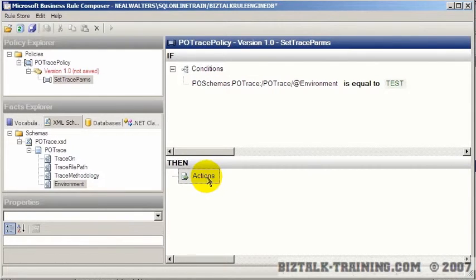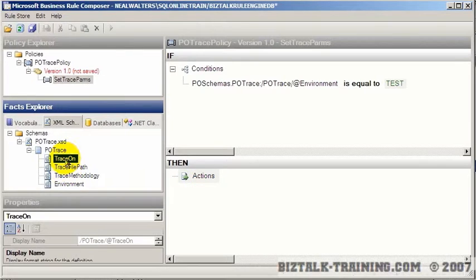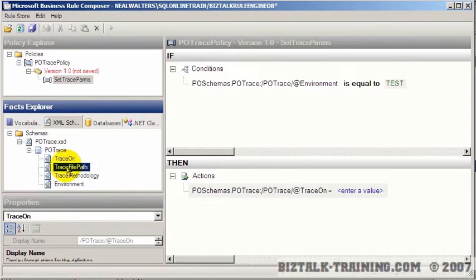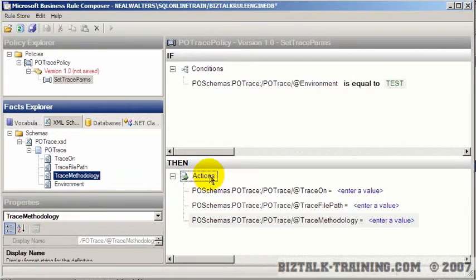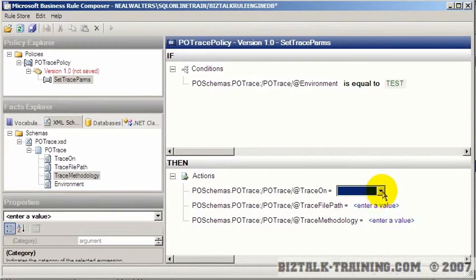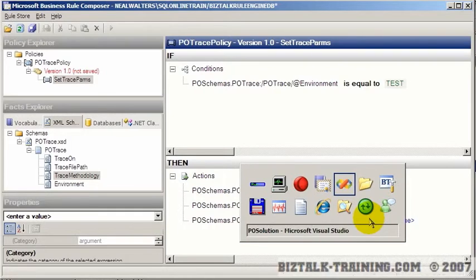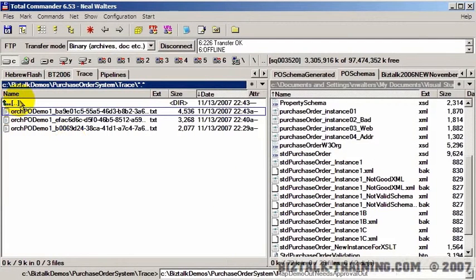Then I want to do actions. I want to set, basically now I can just drag and drop. So I'm going to drag trace on, trace path, and trace methodology to the action. And then you see it says enter a value. So trace on, since it's Boolean, it's going to give you this little pick list, which is kind of nice. Trace path is going to have to be from my hard disk, and the trace path name is going to be